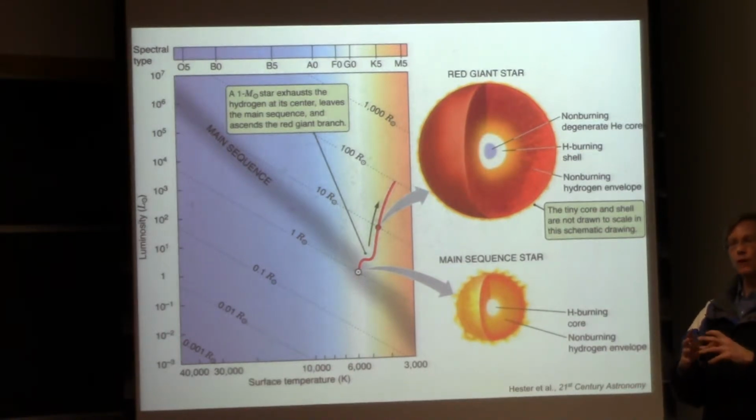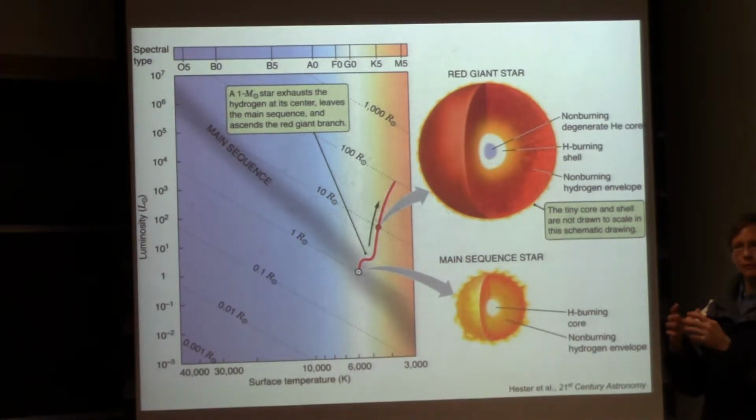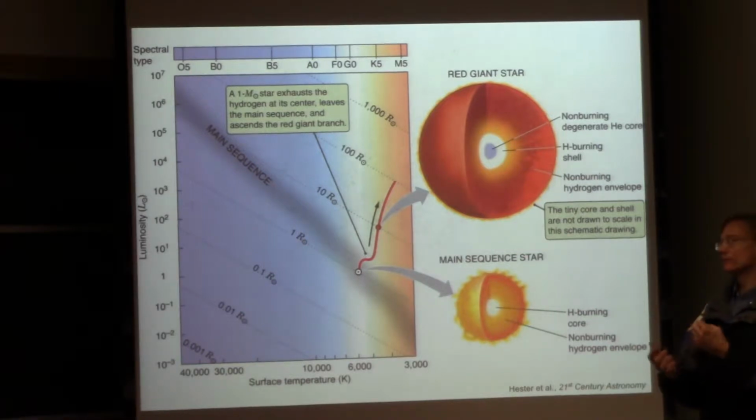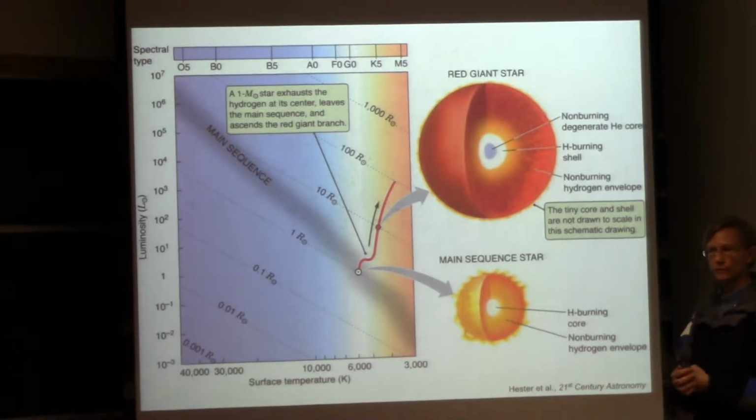In the very strong gravitational field in the sun's core at this time, much stronger than it is now, because a very small core like that will have a substantial fraction of the sun's mass in a very small volume. So it'll have very high surface gravity. Very strong gravitational field means that the denser helium being formed in the hydrogen fusing shell will settle into the core. And as we'll see when we study white dwarfs in more detail,